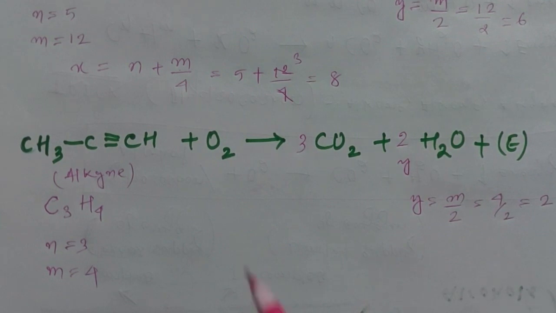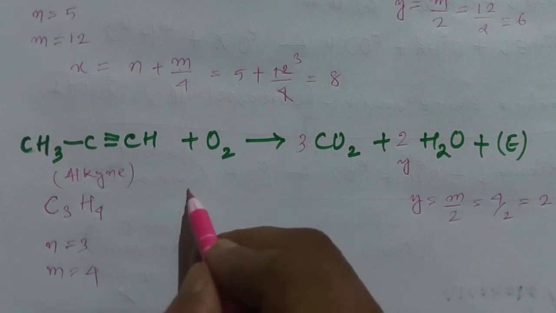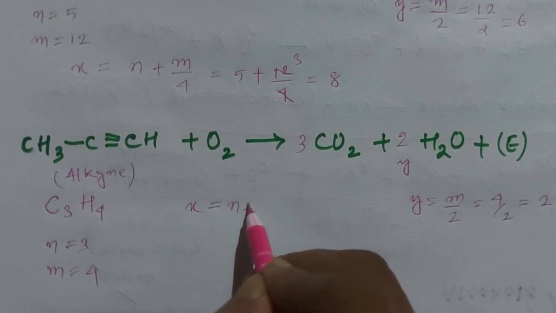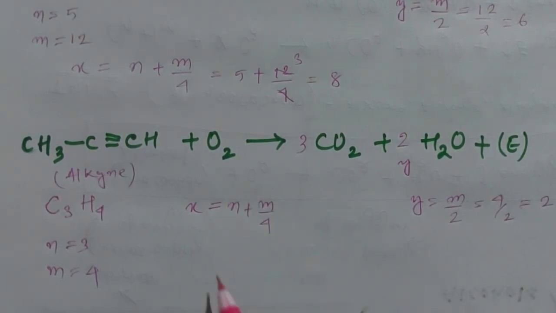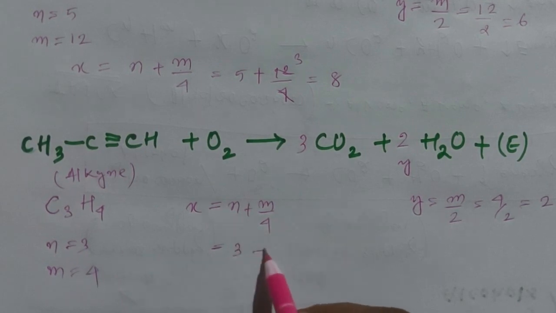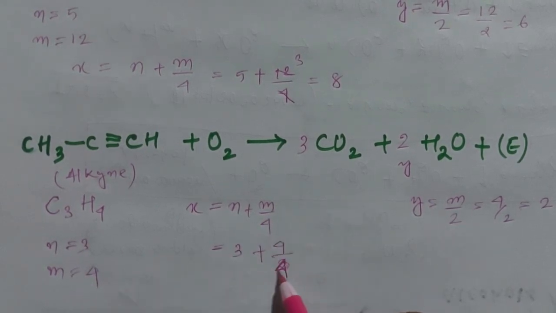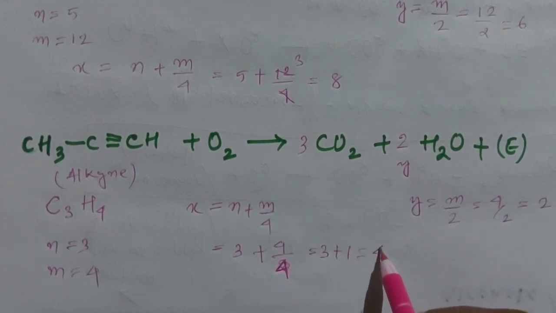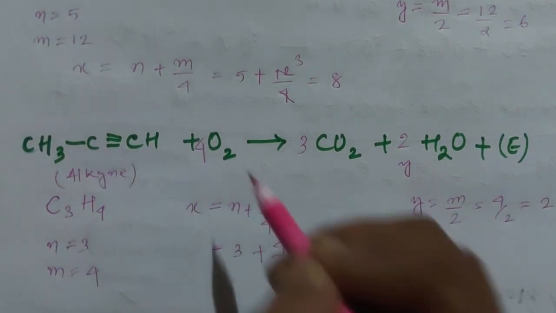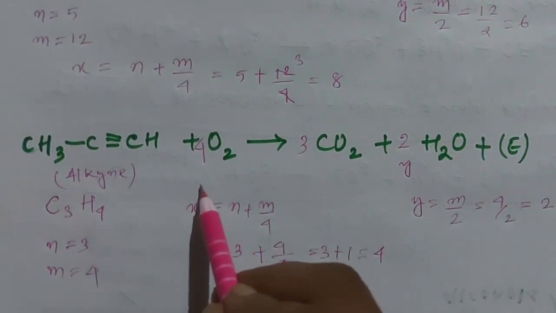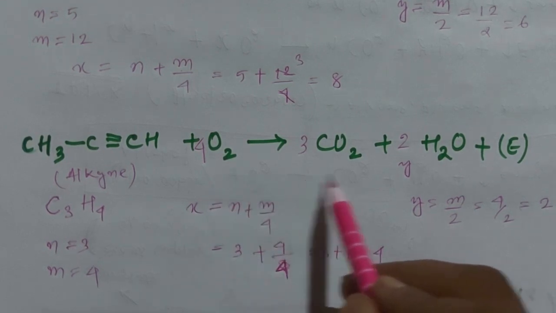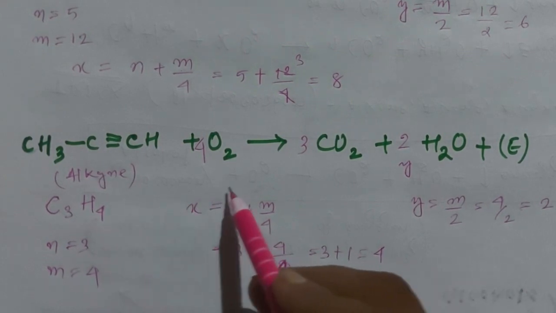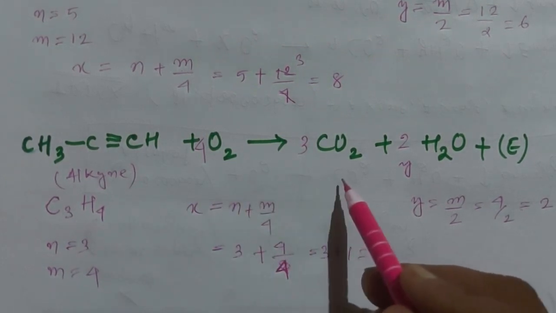Okay, now we will balance this oxygen. So for oxygen we will take x. Okay, so what is the formula? x is equal to n plus m by 4. So here n is 3 plus m is 4, 3 plus 4 by 4, that is equal to 3 plus 1, that is equal to 4. So we will multiply 4 here. C3H4 plus 4O2, 4 oxygen molecules, gives 3 CO2. So this is the balanced equation, that is C3H4 plus 4O2, it will give 3 CO2 plus 2